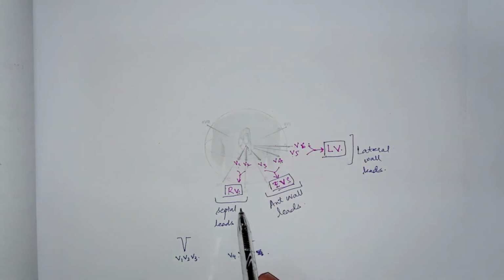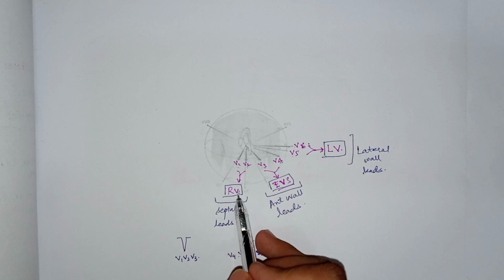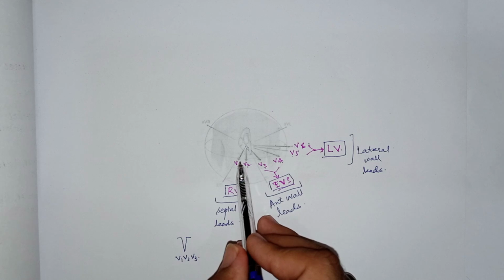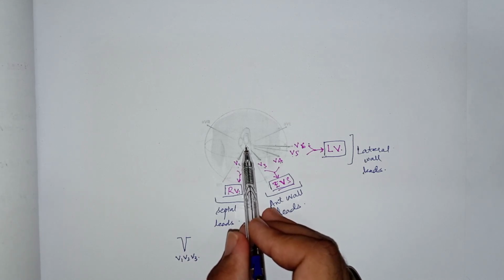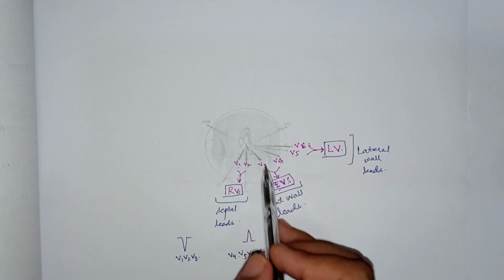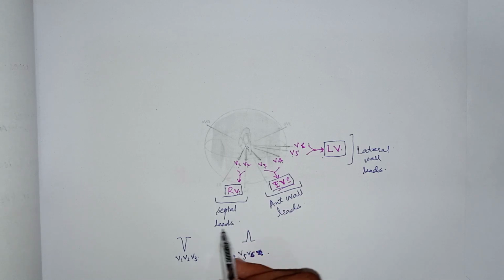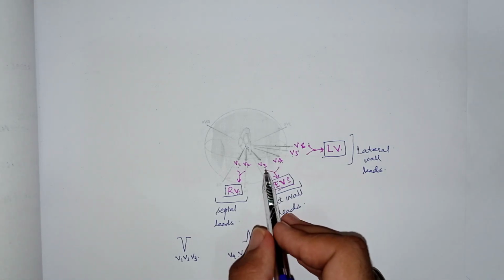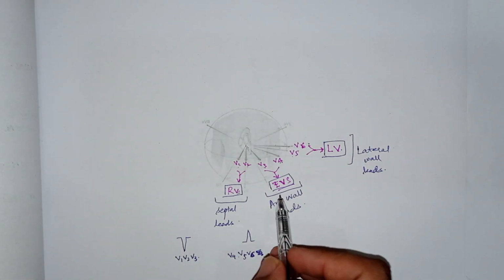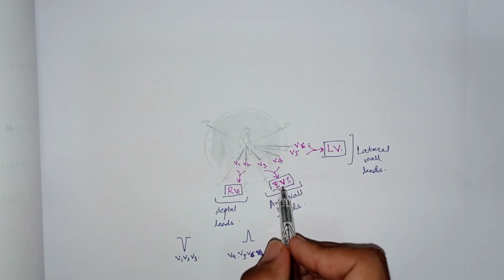But remember, the most important point here is that V1 and V2 are anatomically placed on the right ventricle, but they are more sensitive to the electrical activity of the interventricular septum. So V1 and V2 are functionally called septal leads, and V3 and V4 look at the heart from the anterior direction. So these are anatomically placed on the septum but check the electrical activity of the heart from the anterior wall.